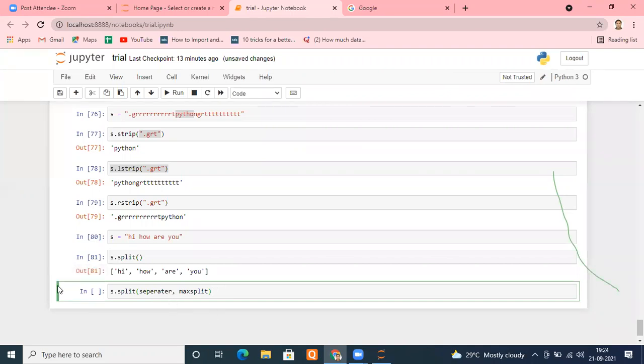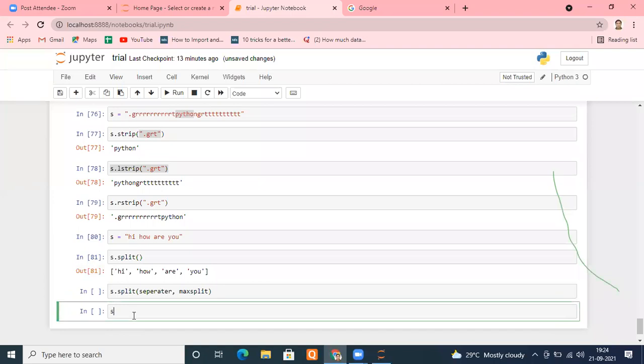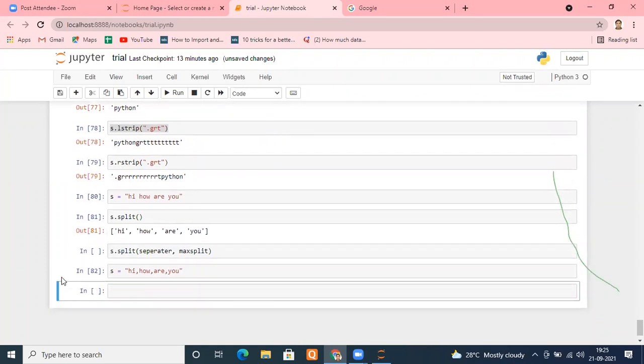So let me go down and create one more string, where I'm separating every word by a comma. Let's say hi, comma, how, comma, are, comma, you. Now I want to separate them by a comma. So I will type s dot split. What separator do you want?